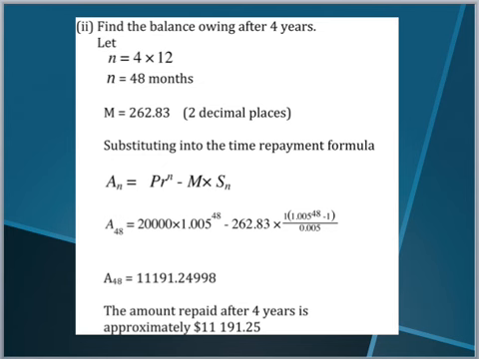Let's look at the next problem. Find the balance owing after 4 years. So that's 4 times 12, so N is equal to 48 months. M is still the same. Substituting into this formula here,